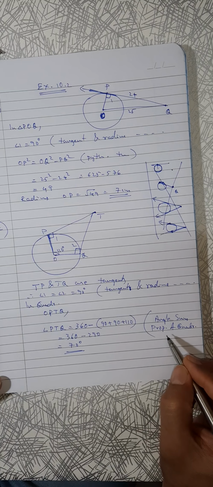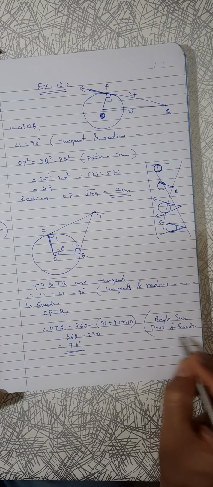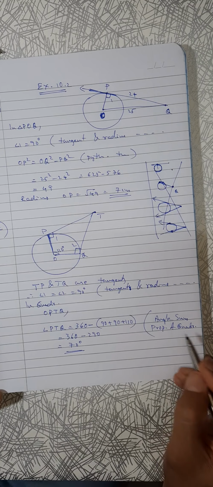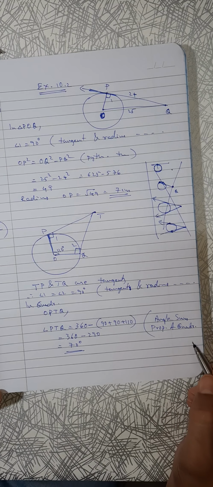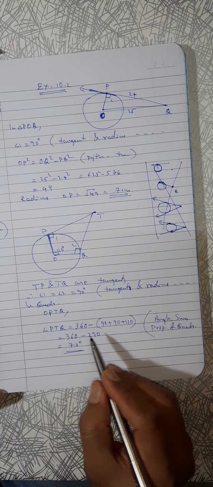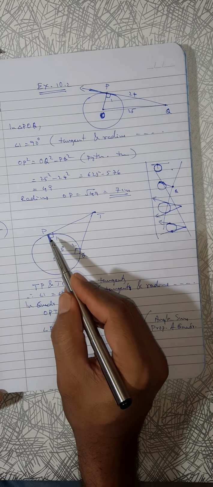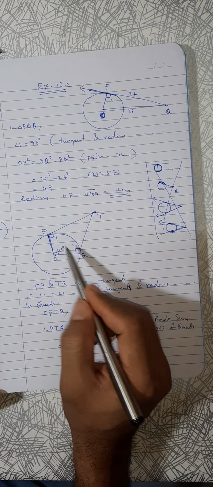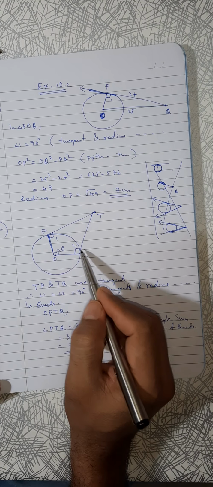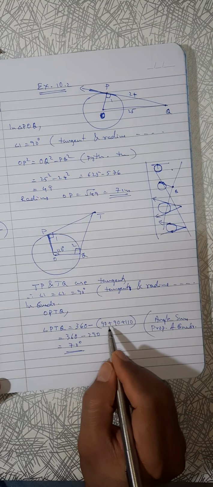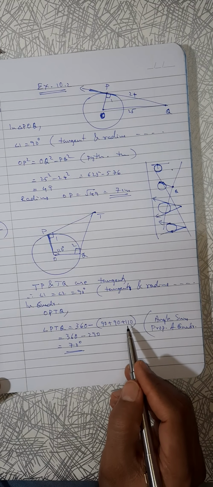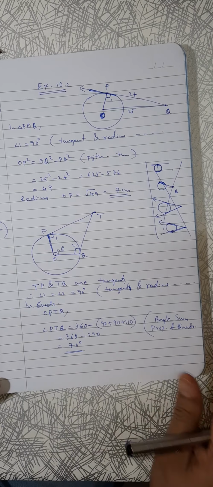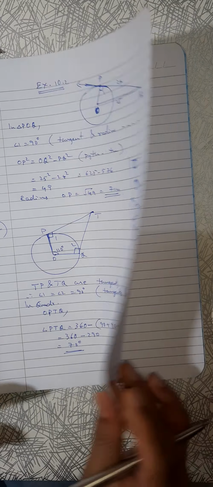Okay, angle sum property of triangle is there, angle sum property of pentagon is there. So when we say, it is better to mention which one. Angle sum property of quadrilateral. Sum of all angles in a quadrilateral is 360. So two angles are already known, and one is given. That means three angles are there. So fourth means 360 minus other three. That is 290. 290 means 70 degree. Question number 3.